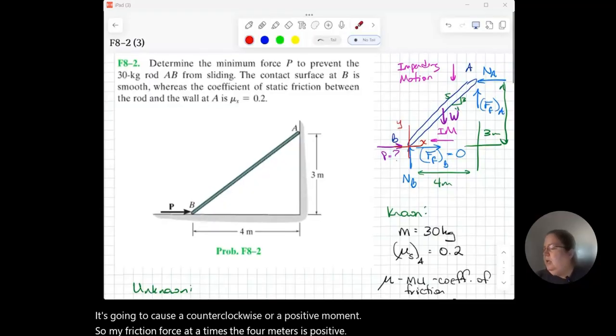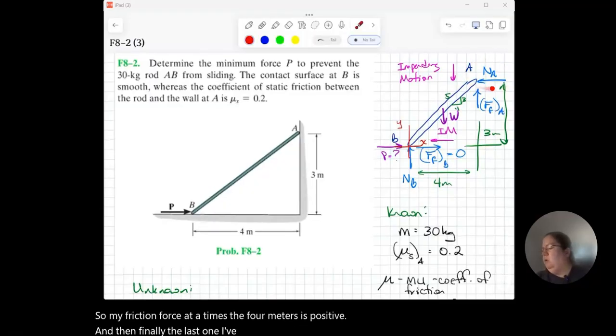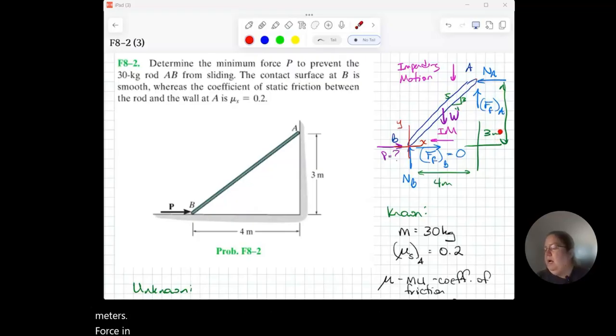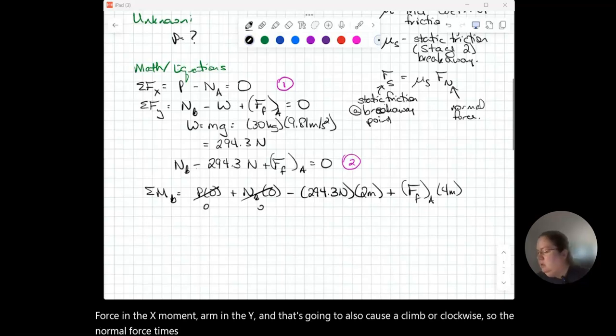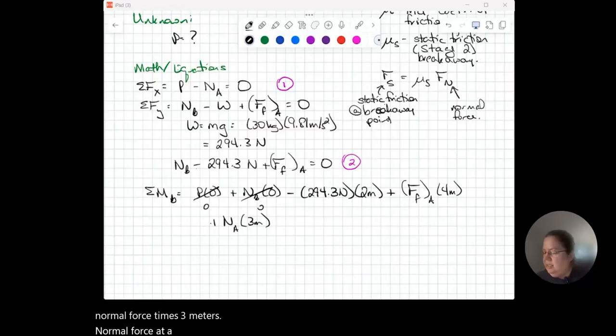And then finally, the last one I've got here is my normal force at A, that's multiplied by 3 meters, force in the X, moment arm in the Y, and that's going to also cause a counterclockwise moment. So the normal force at A times 3 meters was causing a counterclockwise or a positive moment, and all of that adds up to